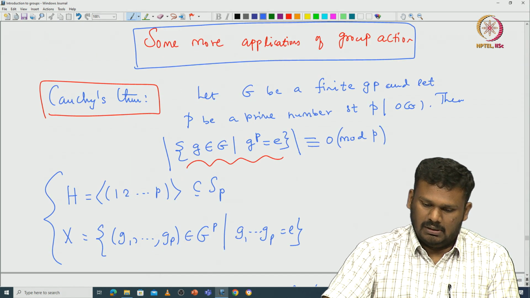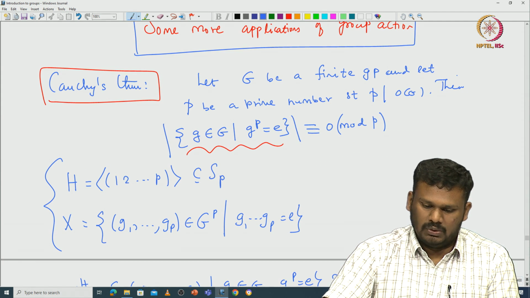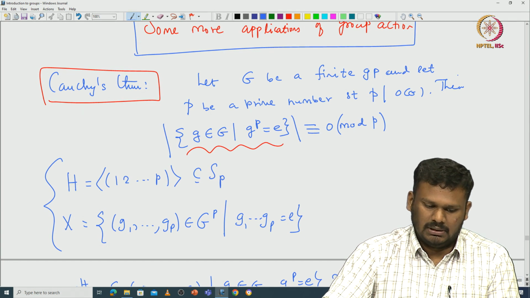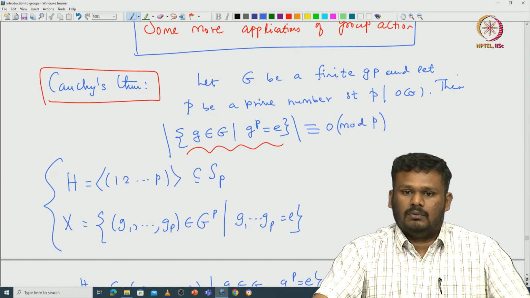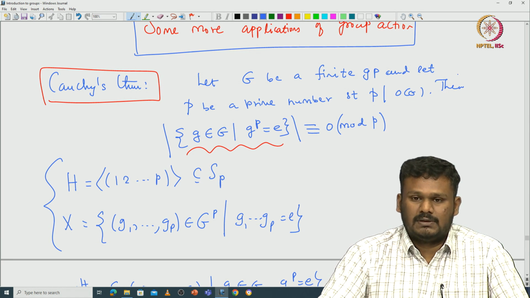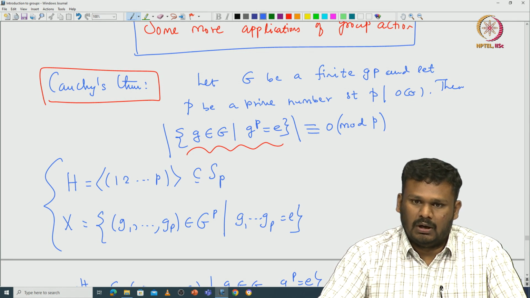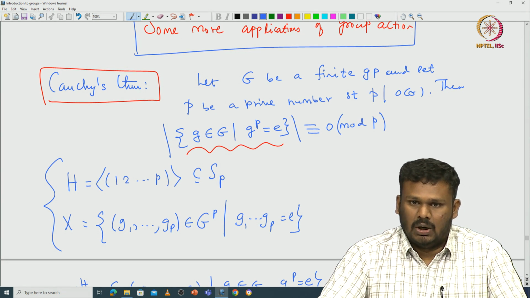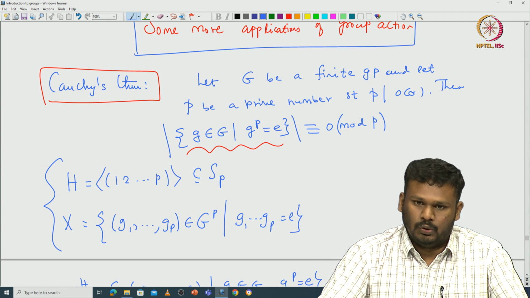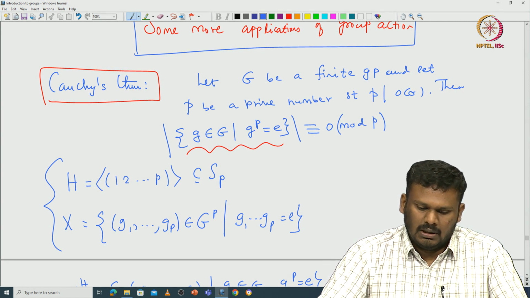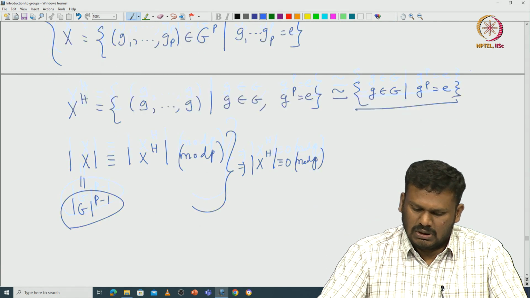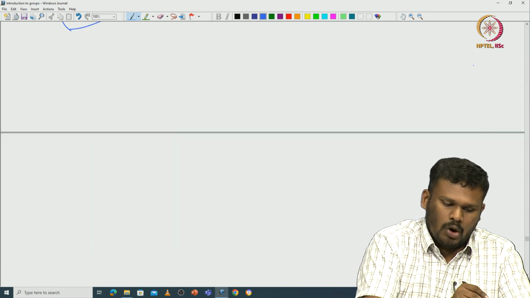So, as I said before, one can prove this using induction as well. Okay. So, you can reduce the proof first of all to abelian groups. Once you reduce the proof to abelian groups, then you can use induction on the number of elements of the group to prove this result. Or straight away also you can verify it for the abelian groups. So, let us see how one can go about it.